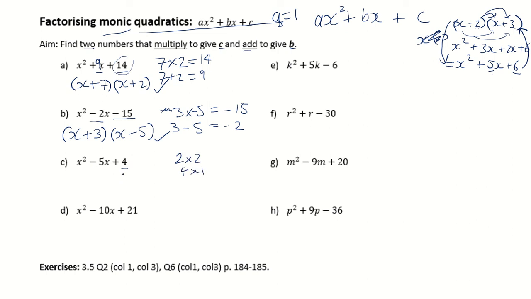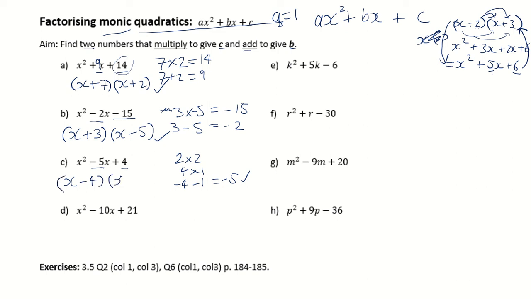Now, they need to add to give negative 5. But it's positive. Two negatives make a positive. So we could have negative 2 and negative 2, but that only adds up to negative 4x. Negative 4 and negative 1, that's negative 5. Perfect. So in our brackets we'll have x take 4